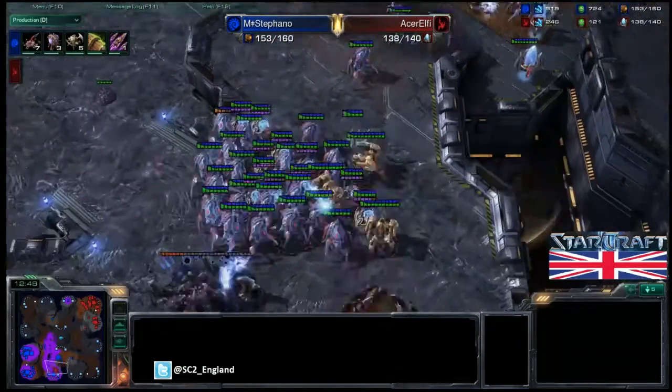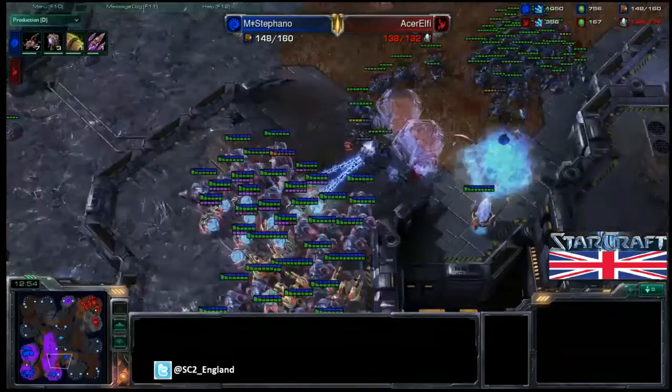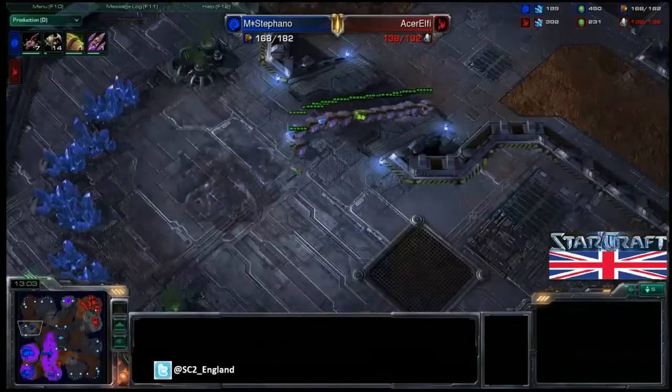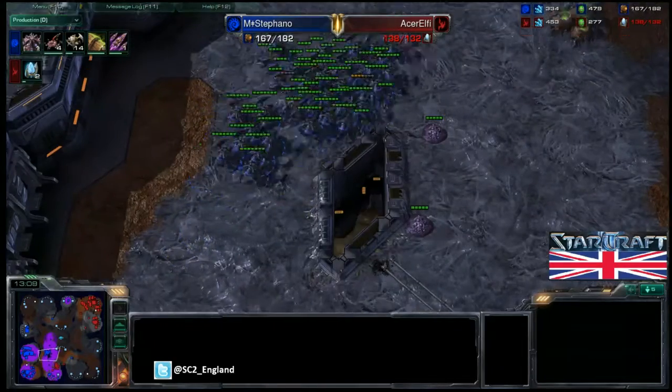Now Stephano is pulling those drones off to somewhere. All the drones from the 3rd base have now gone. Those roaches are walking to their death. The rally point is not ideal. And just a spine crawler wall going down here. Meanwhile, Stephano is grabbing a third base up here now, trying to do as much as he can to